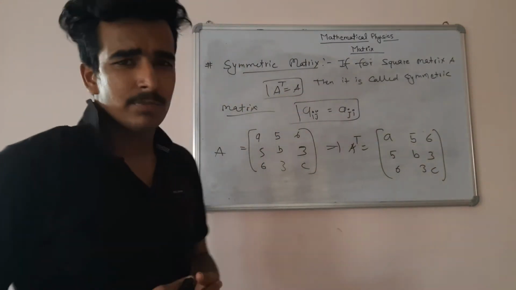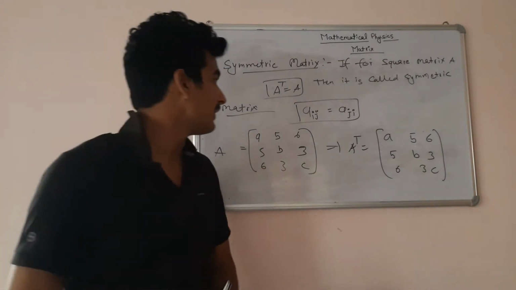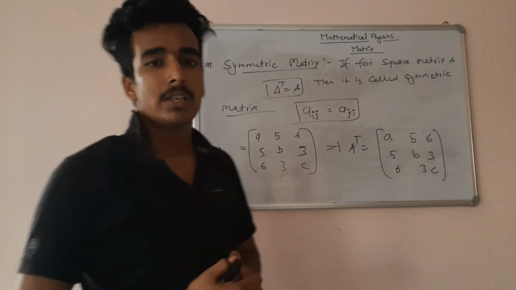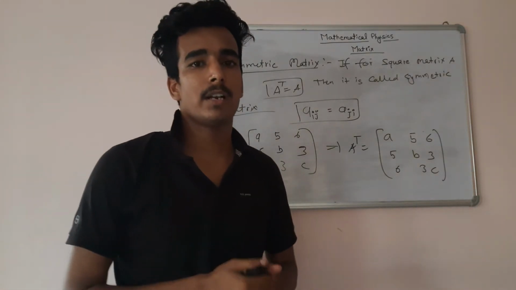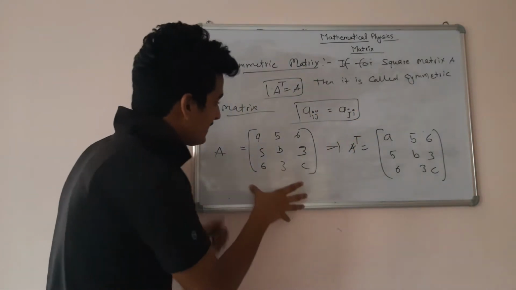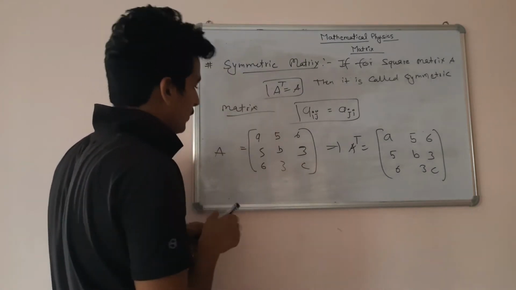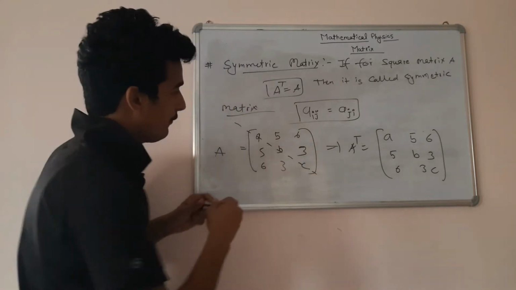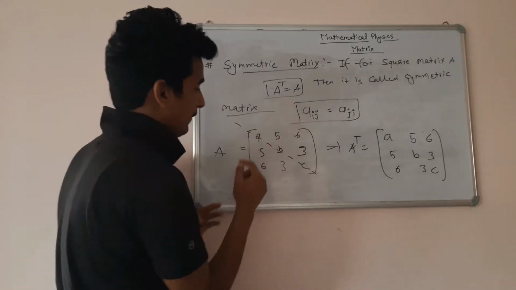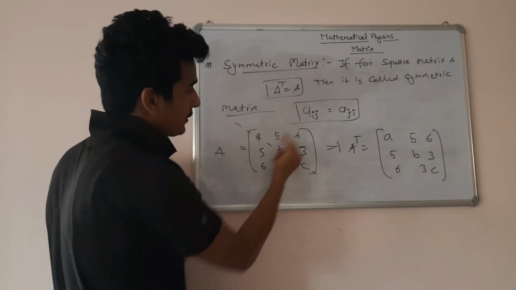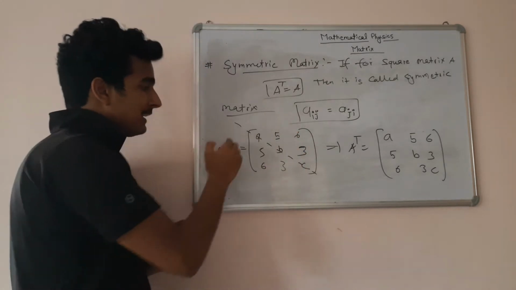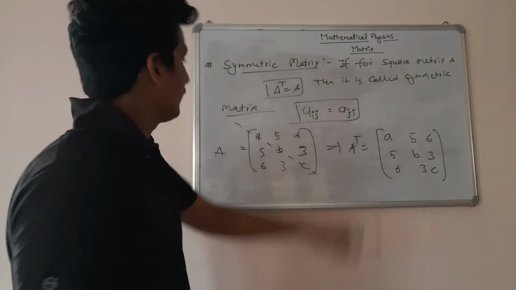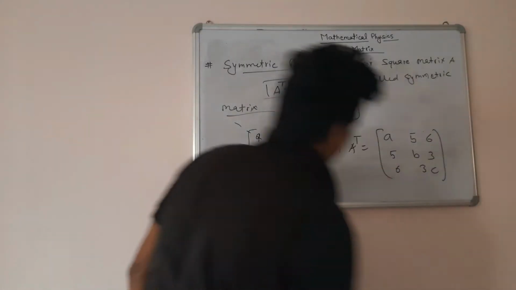What do you mean by symmetry? This is a very basic question I want to ask you. You studied in 6th and 7th class about symmetry, a mirror symmetry. So in this matrix notation, this is a symmetry about the principal diagonal. If I fold this, then it overlaps: 5 overlaps 5, 6 overlaps 6, 3 overlaps 3. So this is basically the symmetry along the principal diagonal, so we named it a symmetric matrix.